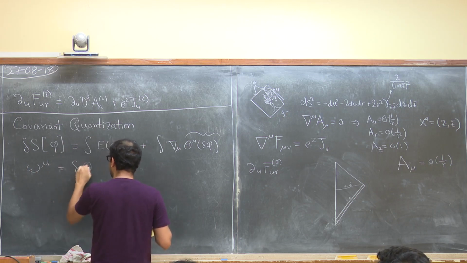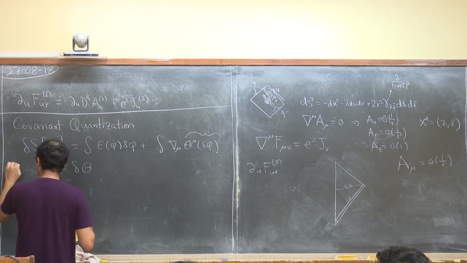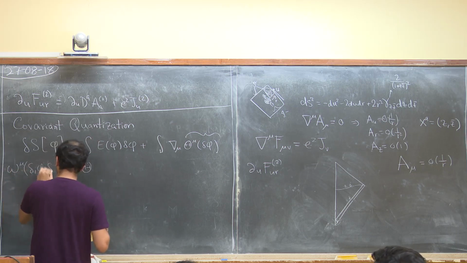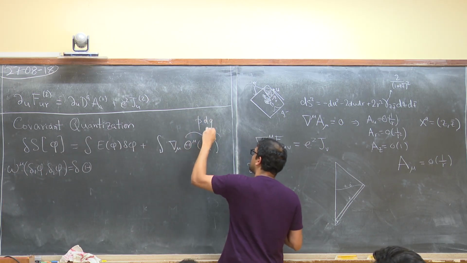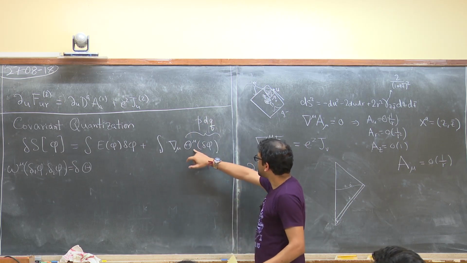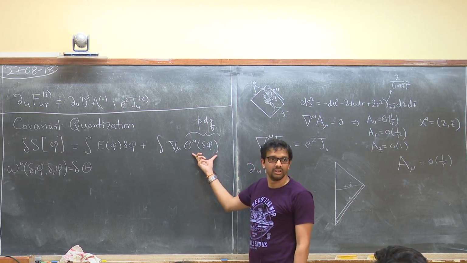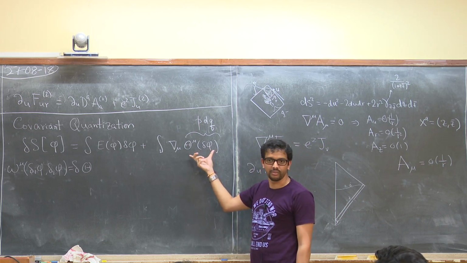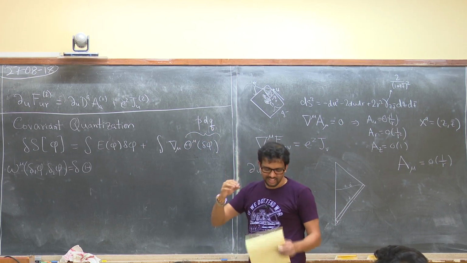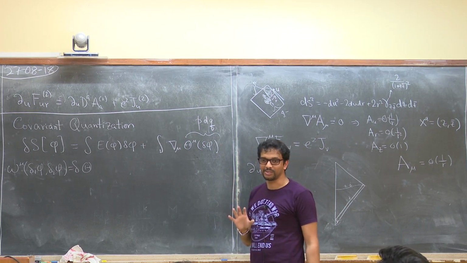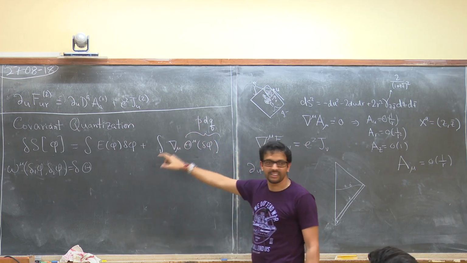Omega mu is defined as the following, in terms of theta. So this is a function of delta, and let me write it clearly. It's P dq. If I integrate this thing on a Cauchy slice, then as you can see, this is a one form on phase space. It's taking in a variation, a vector, and returning a number. So it's a one form on phase space. That's how you should think of it. This is called the symplectic potential current density. If I take d of this, that gives you the pre-symplectic form.